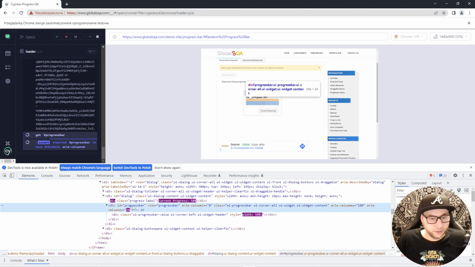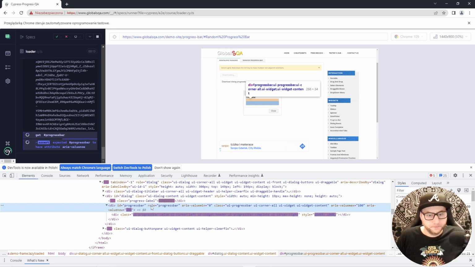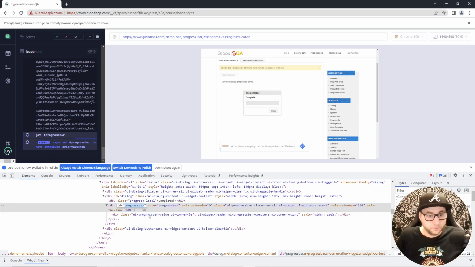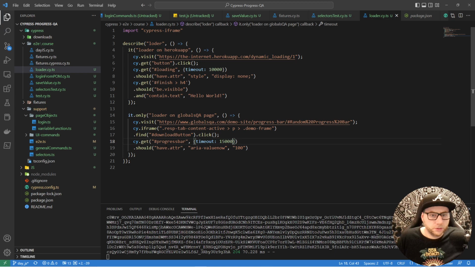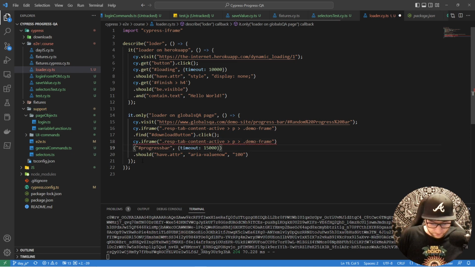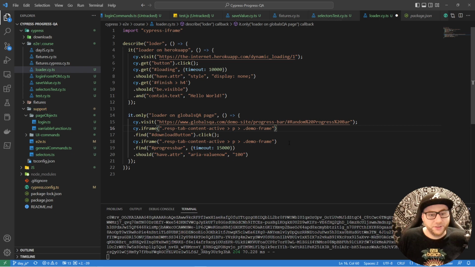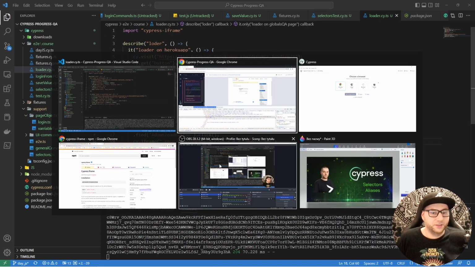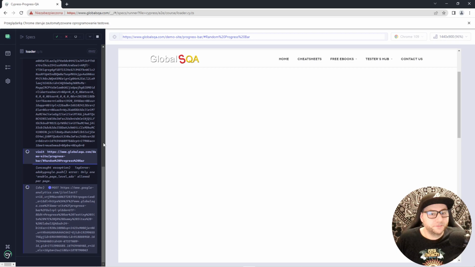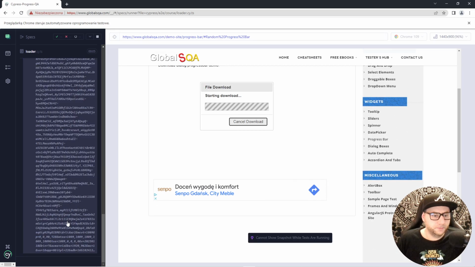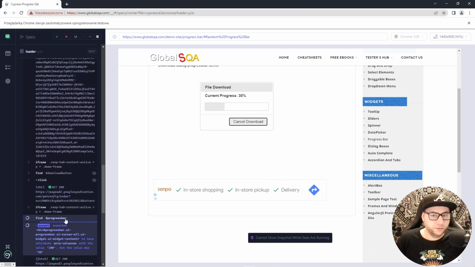Okay, ID progress bar. ID. Okay, I think we need to also grab this iframe. Grab this iframe, then use find. That's why I don't like iframes, because it can be problematic. Let's check now. Find progress bar. Yes, and we can see,